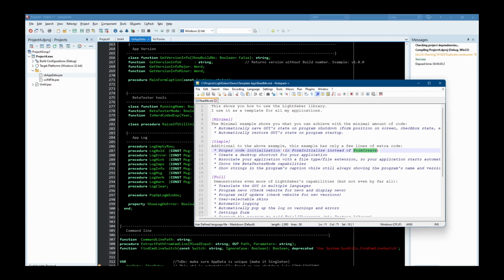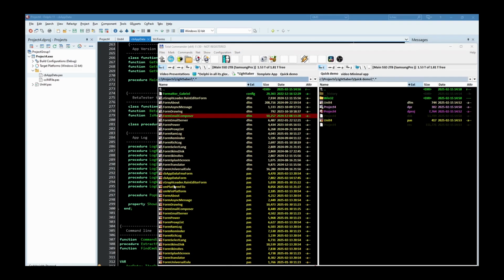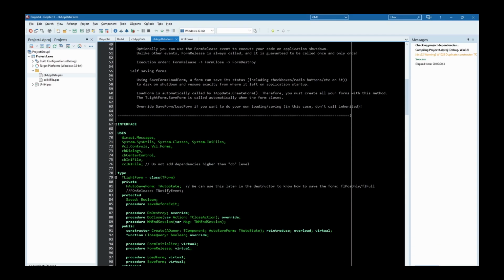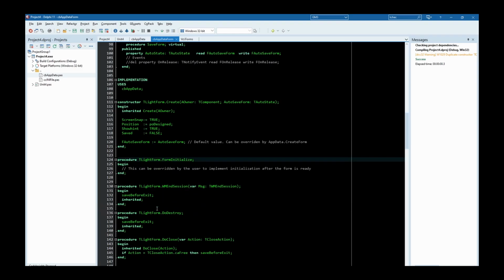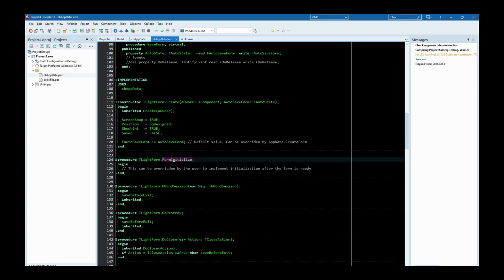It's offered to you by this form, the light form, which has a virtual method form initialize and form release, and this is guaranteed to be called after form create. So put as little code as possible in the form create and as much as possible in form initialize.